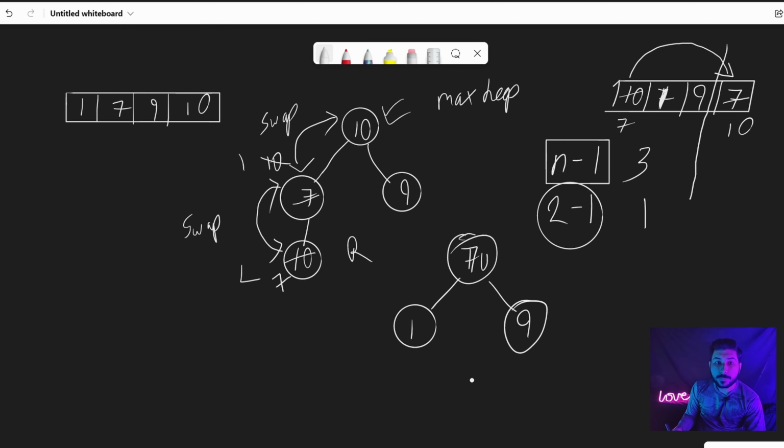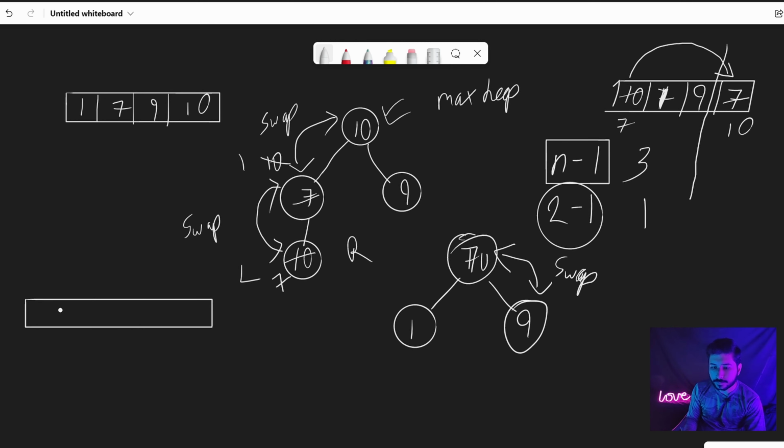Now we are going to do a max heap operation here. You can see this is not compatible. We need to swap it out. We are going to swap here and we are going to get a new array like this: 9, 1, 7, and this is the part we are not going to